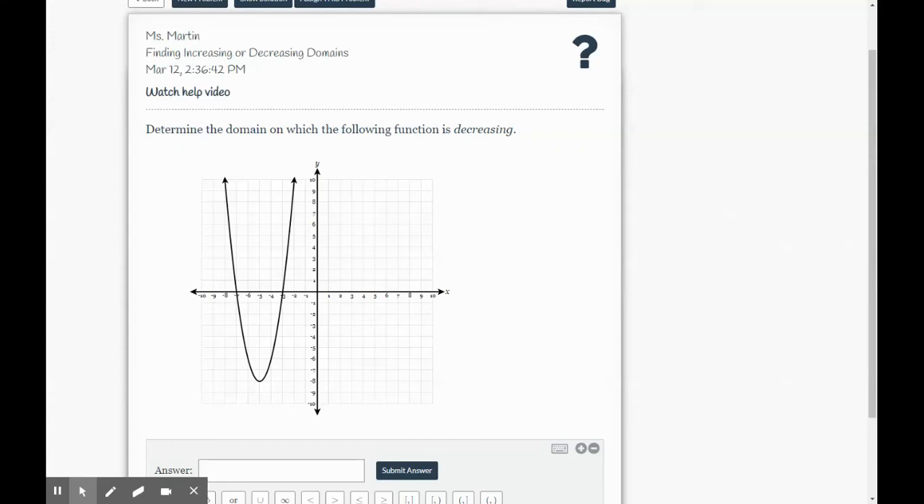Okay, the next section is on finding increasing or decreasing domains. So when you see the word domain, what you should be thinking is the x coordinates or the inputs. So when we say domain, what you're really looking at is this axis right here. So when it says determine the domain on which the following function is decreasing, decreasing is going to mean that